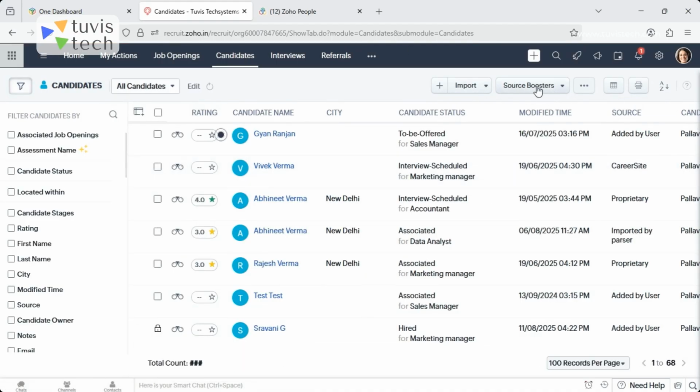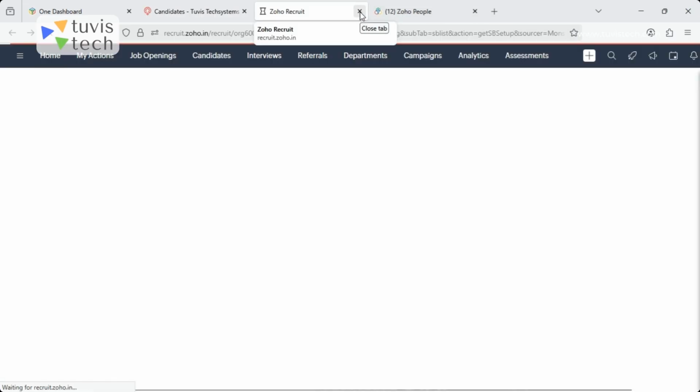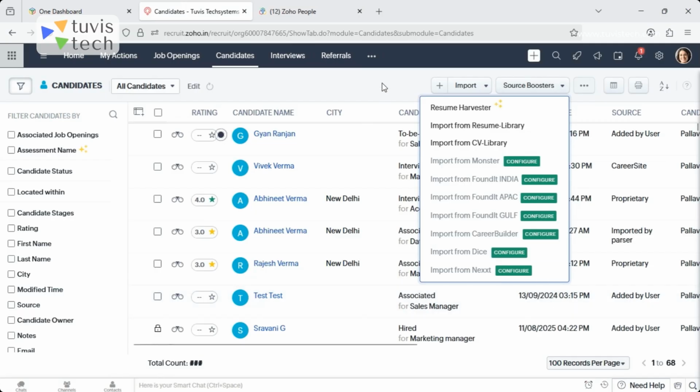you can also have a source booster, where when you click on this, you have all the famous job boards which are configured here. The Indian job boards like Monster, or any of the American job boards. So if you are from India, you can configure the likes of Founded, which is from India, or Monster from India. You can click on configure, where the Founded will allow you to share the database from where you can source and get the candidates as per the criteria you apply from